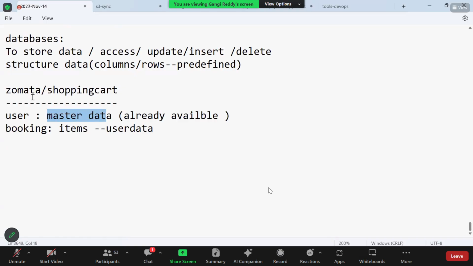Maybe the Zomato people will give access, and there will be two UIs for Zomato. One is user and the other is admin. Hotels can enter, or they will have separate people, the Zomato admins, who will enter this data. We will see them as agents. Agents will enter master data. Okay. Keep it. So here there are the databases,